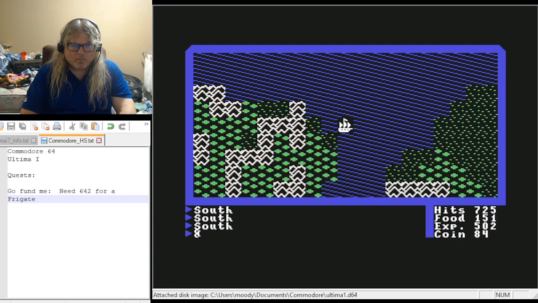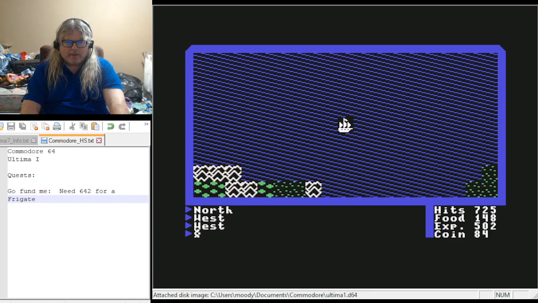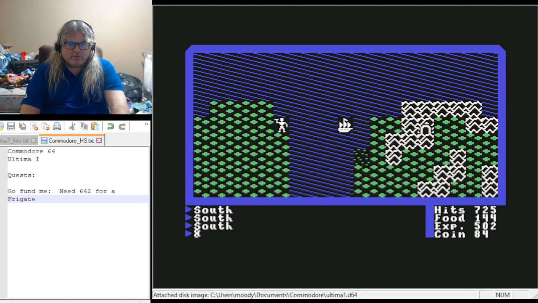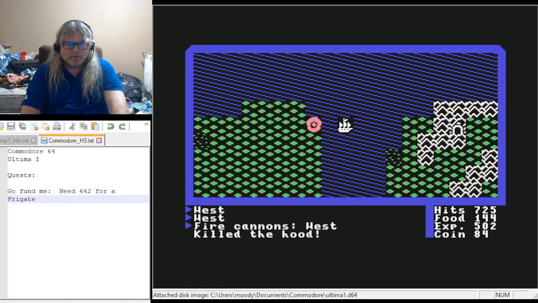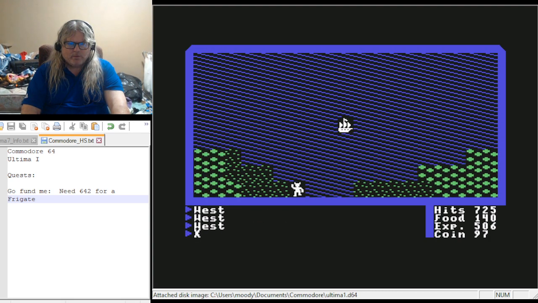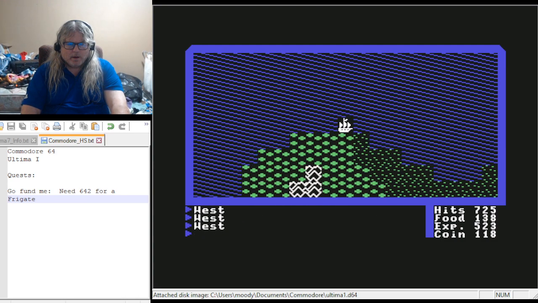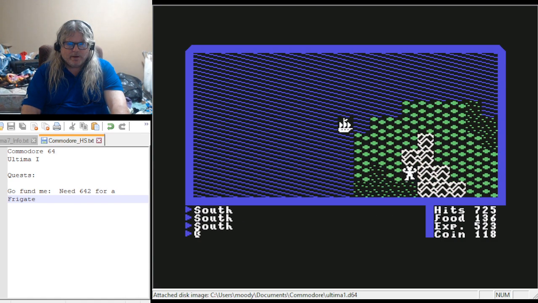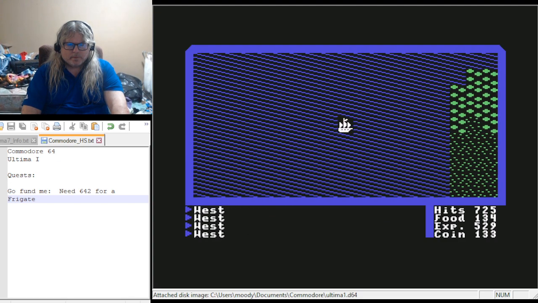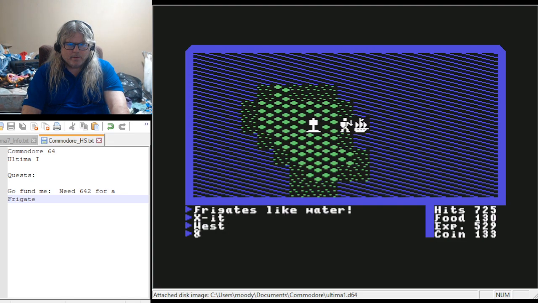Okay, one thing I did notice is my food's getting down a little bit, so I have to keep an eye on that, okay? Once the food gets to 100, and what I may do is go back into a dungeon, because having a frigate is nice, but...